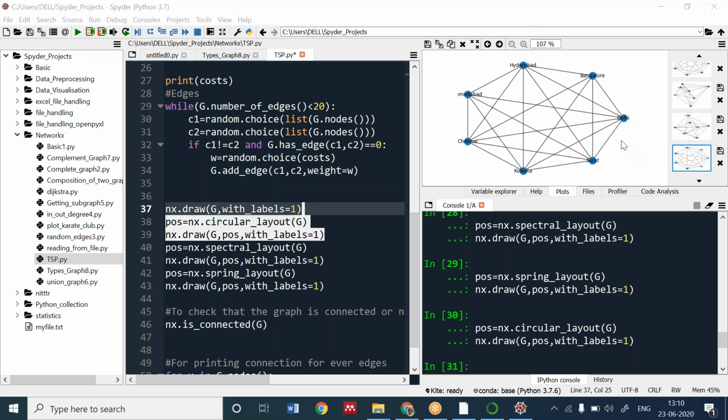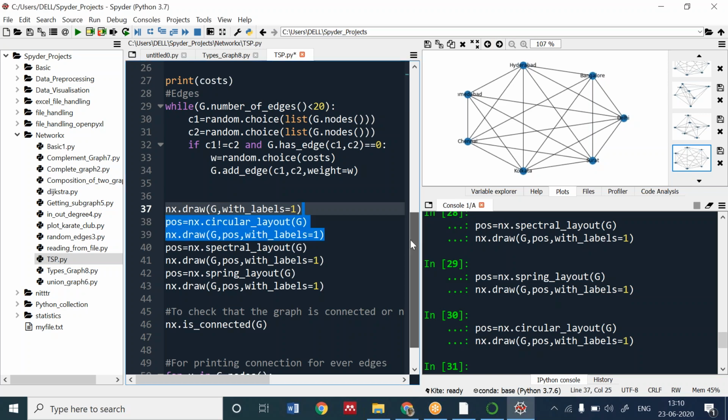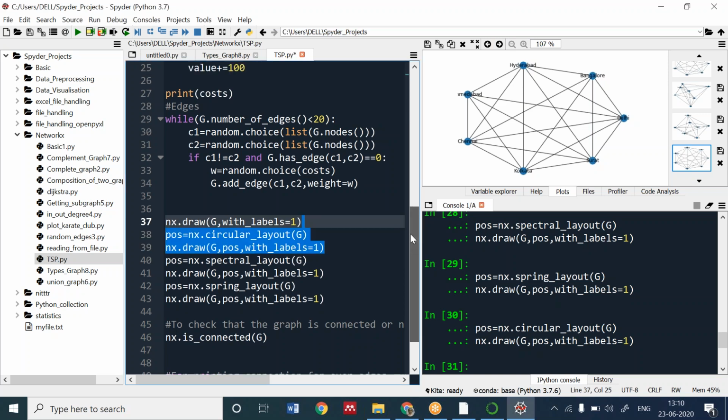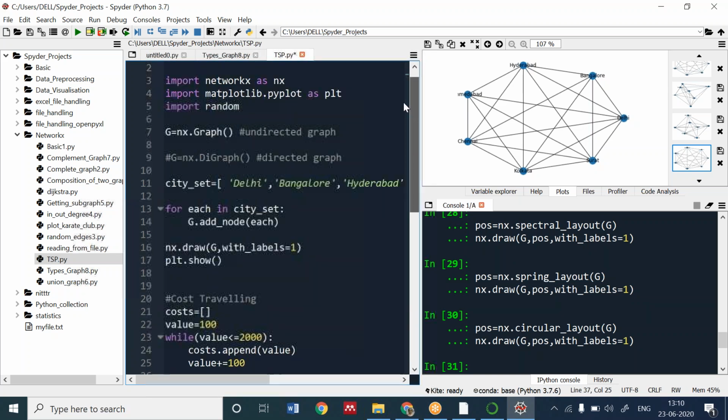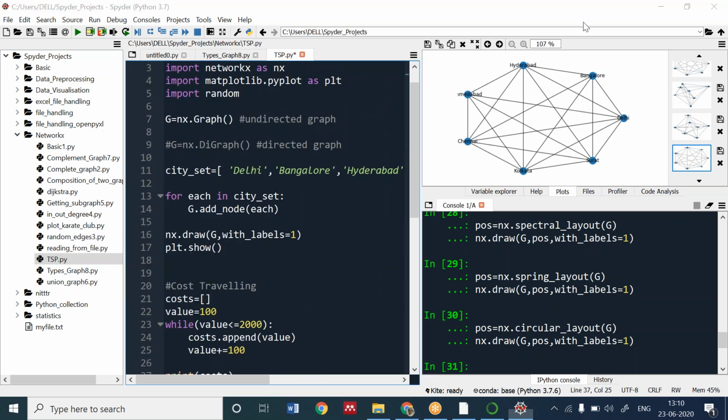So different layouts are there. You can write it down, this one. Then we will be moving further. From the starting, I am showing you. Giving you 1 minute, so you have to be a little bit faster. 1 minute for writing.